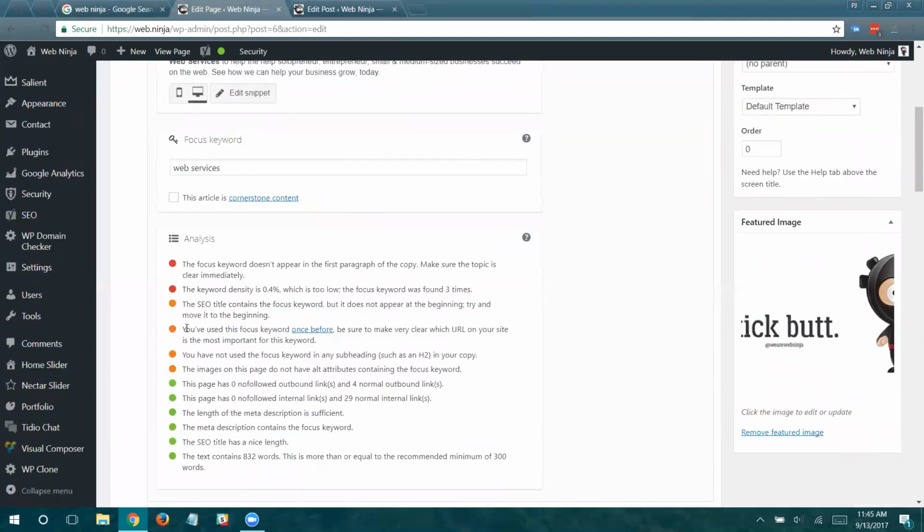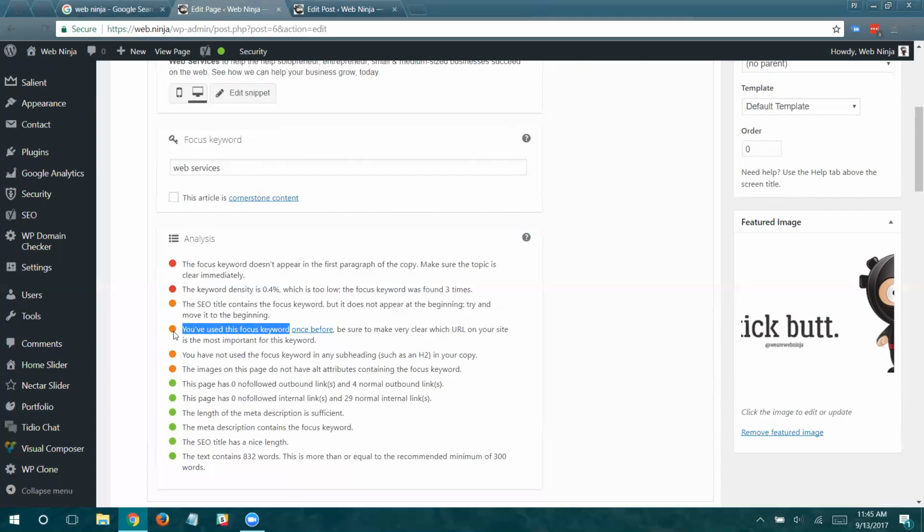Now, here's another orange. You've used this focus keyword once before. What that means is I've used this as a keyword on another post or page on my site. I have done that strategically, but it's raising awareness to say, hey, don't do that too much. And when you do it, be very strategic, make sure you're doing it the right way.